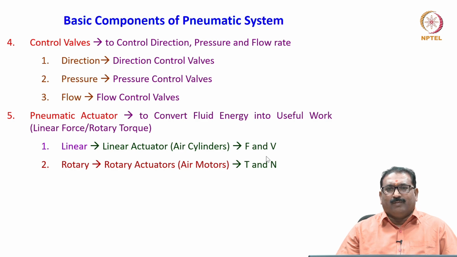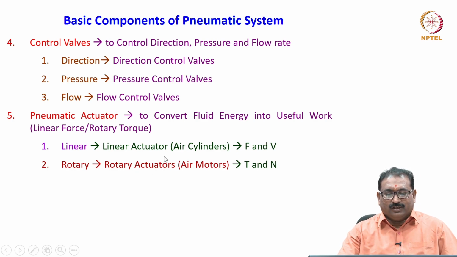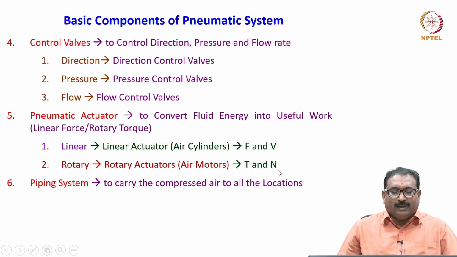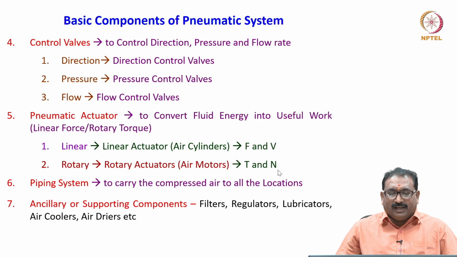If you want rotary motion, you use rotary actuators or air motors. Here the output is the torque and the speed. Again, torque is related to the pressure and RPM of the motor is related to the flow rate Q. Sixth one is the piping system to carry the compressed air to all locations. Seventh one is ancillary devices,